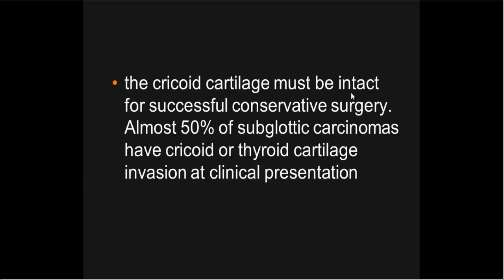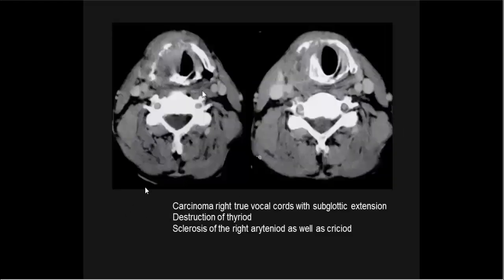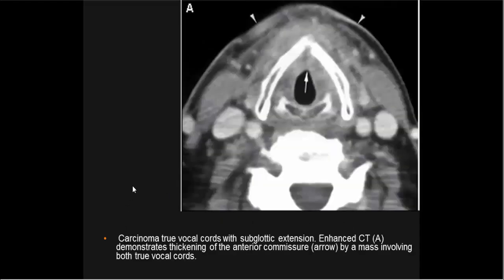The cricoid cartilage must be intact for successful conservative surgery. Almost 50% of subglottic carcinoma have cricoid or thyroid cartilage invasion at clinical presentation. Carcinoma of right true vocal cord with subglottic extension, destruction of thyroid, sclerosis of right arytenoid as well as cricoid. Carcinoma of true vocal cord with subglottic extension, enhanced CT demonstrates thickening of anterior commissure by mass involving both true